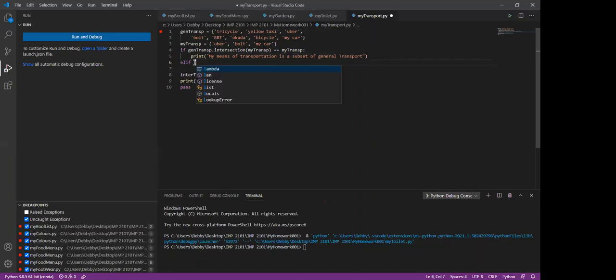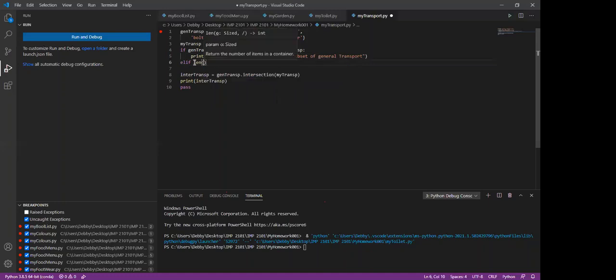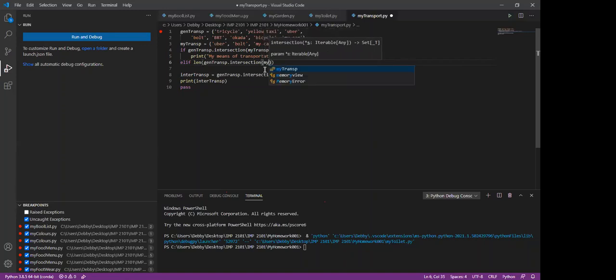Elif, if length of that intersection, general transport dot intersection. You don't need to type fully, it's supposed to come up for you, so you can just select it. My transport, if that length is equal to 0, put your colon,